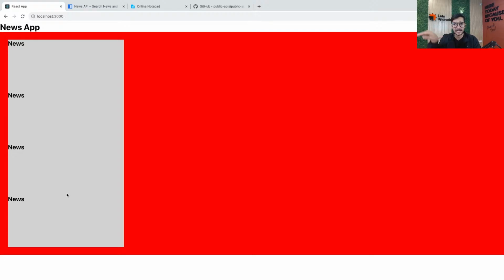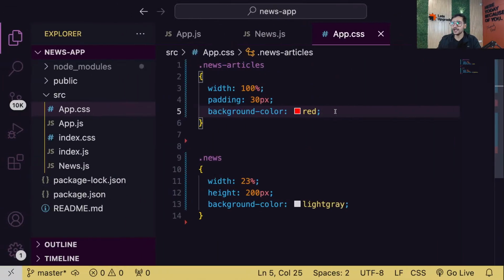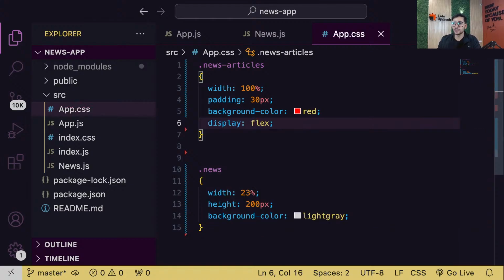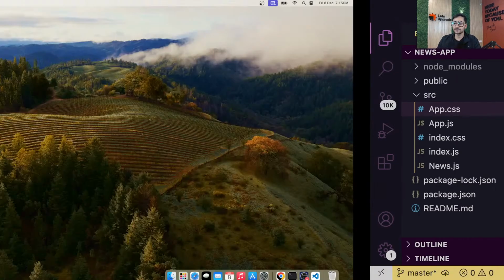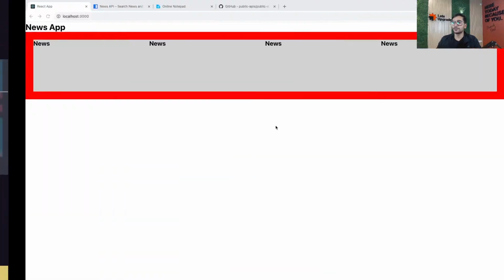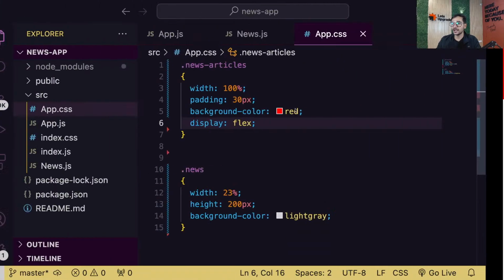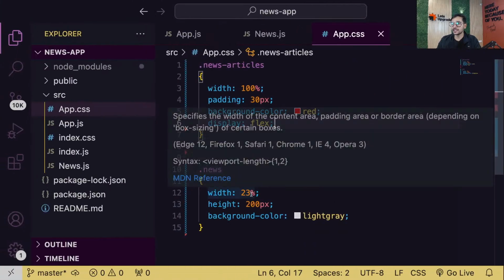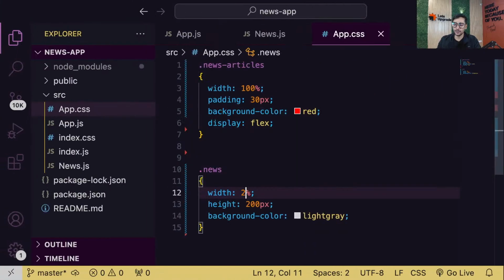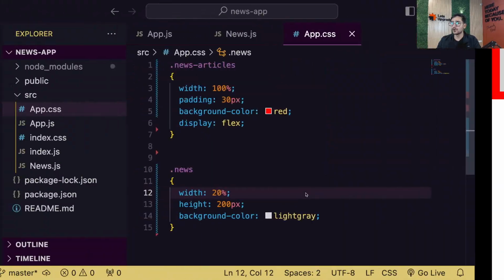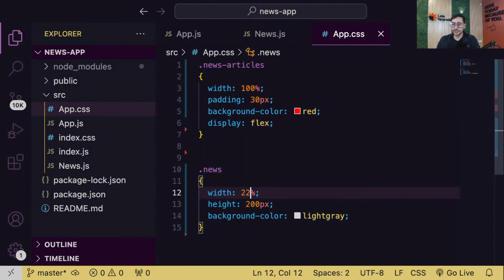Now let's put them side by side quickly. For that, we can simply say you have to become a flex box. So display flex. As soon as we do this, here we go, they are all side by side. Now I need some gap here. So what is the width of each element? Let me put 20% for each element, or maybe 22%. That means all the 4 items will take how much width? 88%.